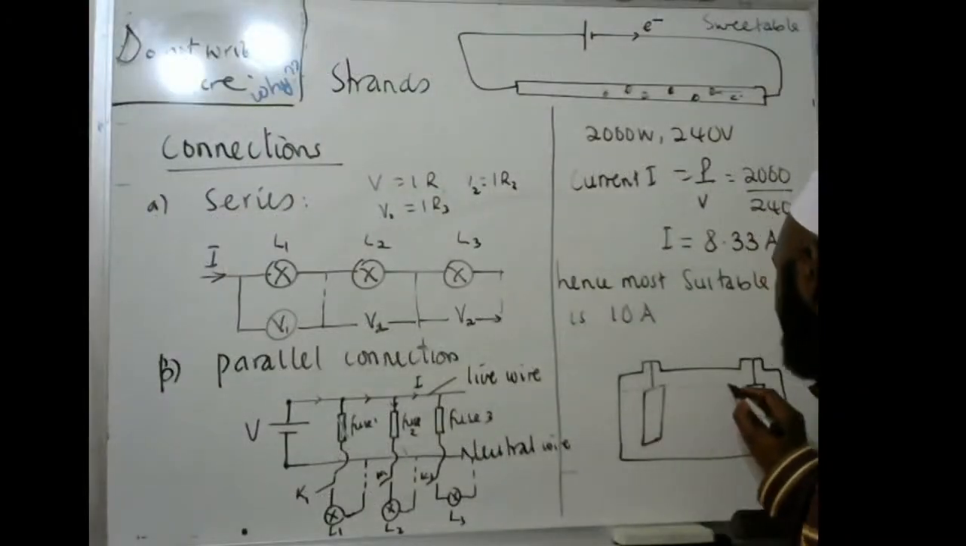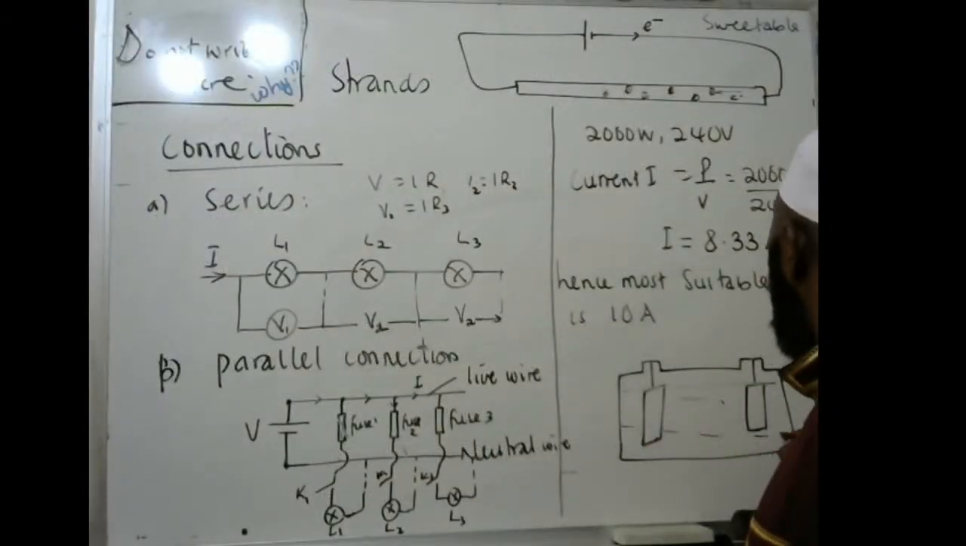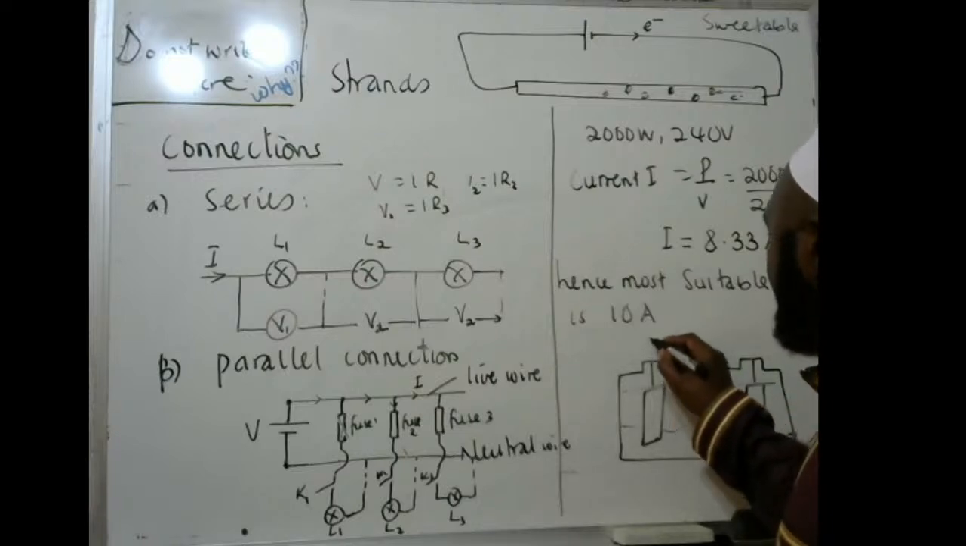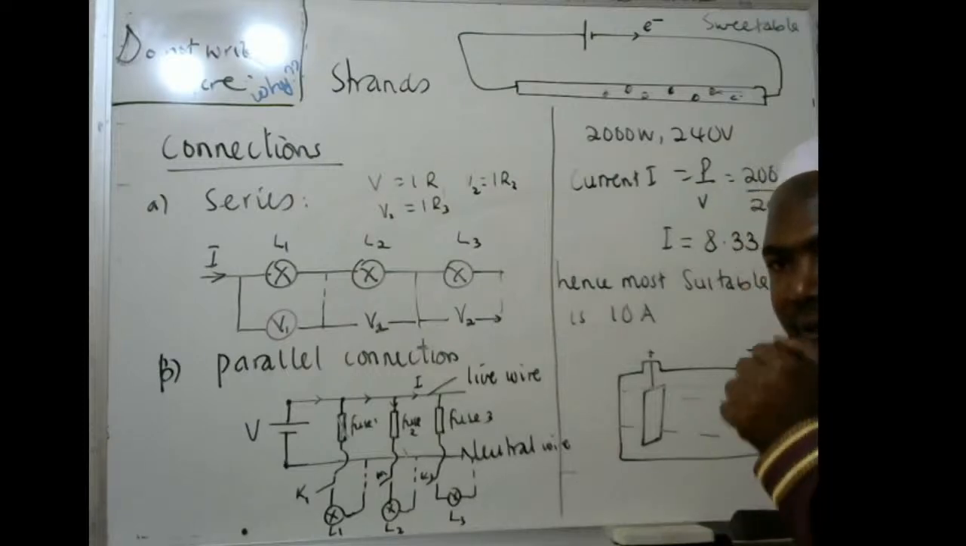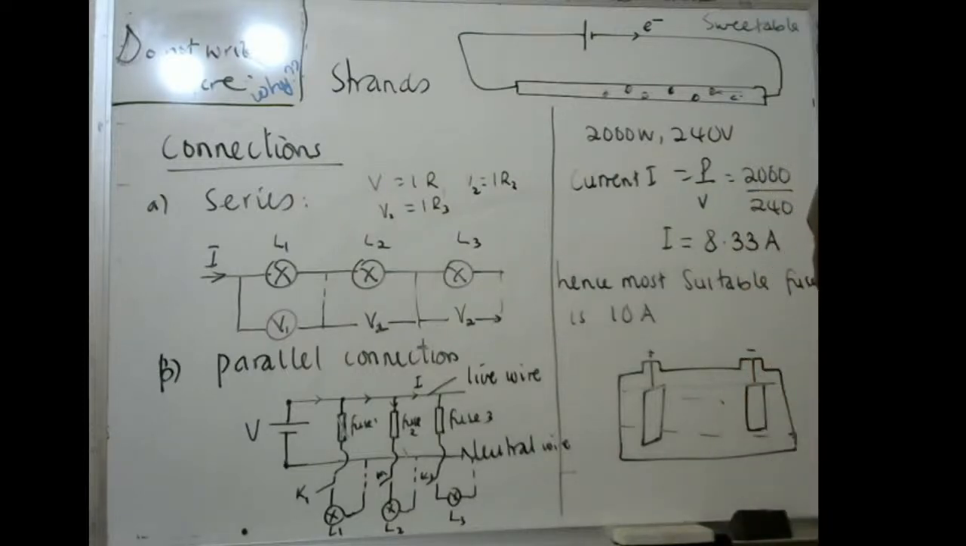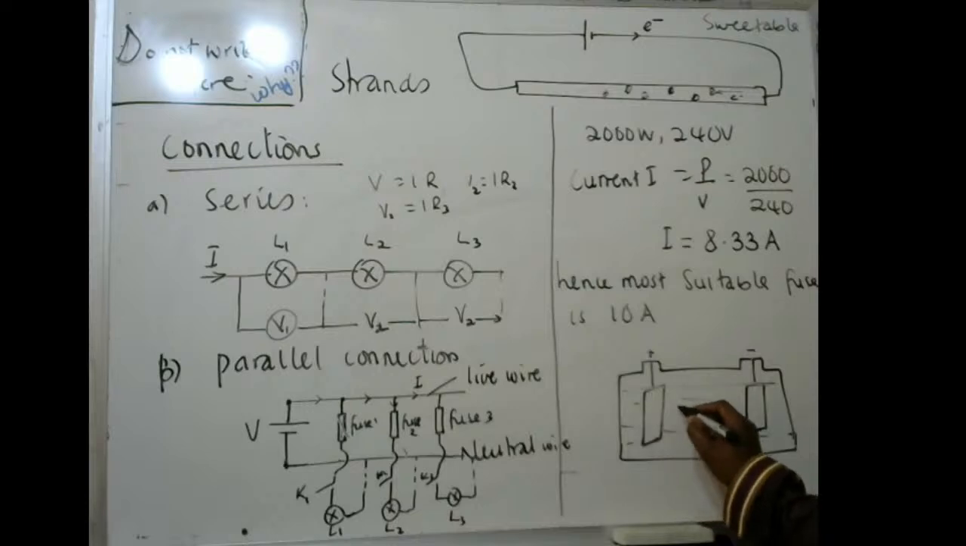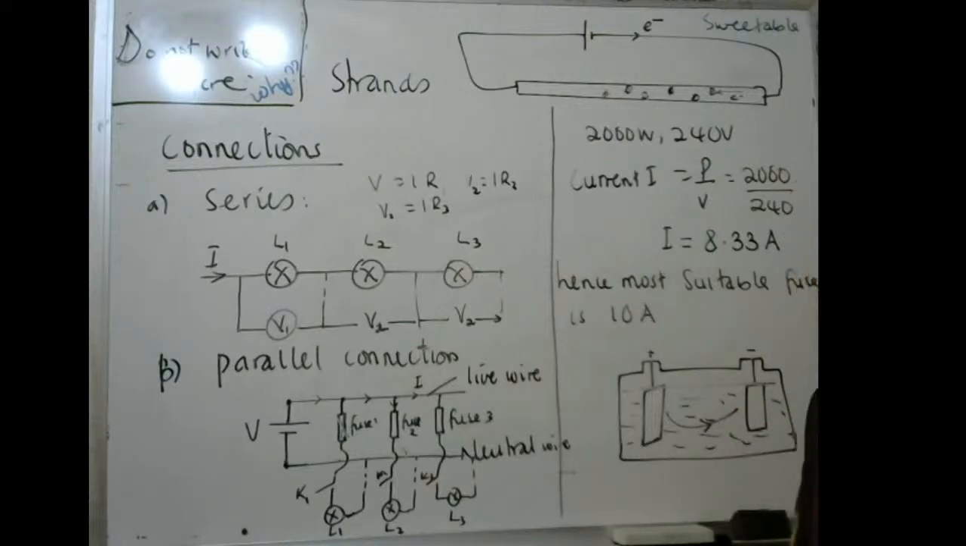And electrolytes. So this could be a positive terminal, and this could be a negative what? Terminal. Usually, the current is conducted through electrolytes. You get me? But if you get a wire,